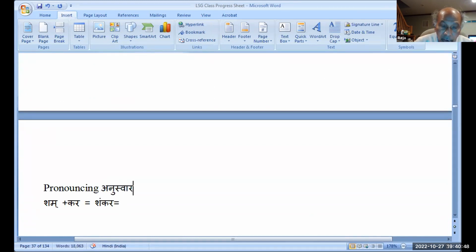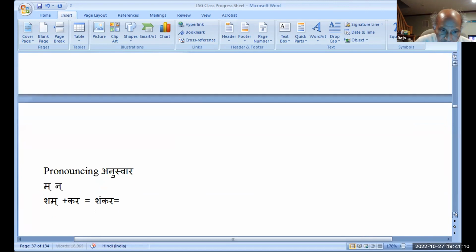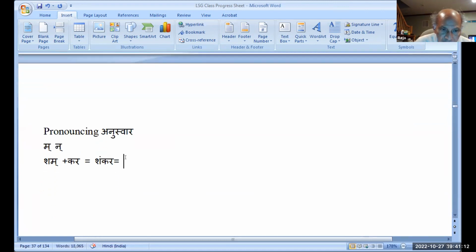Pronouncing Anuswara: how does this Anuswara business come in? Anuswara comes from two things: when there is a Makara or a Nakara. These two give you Anuswaras when a Makara